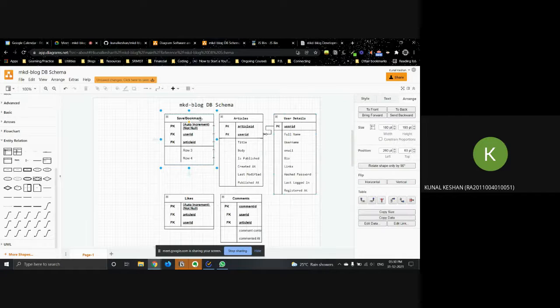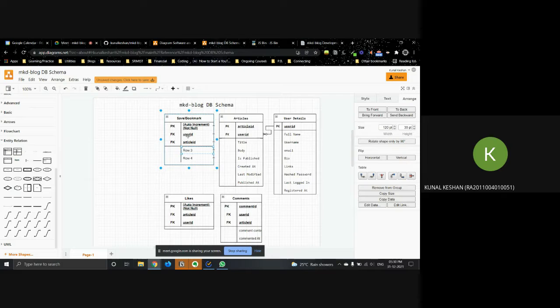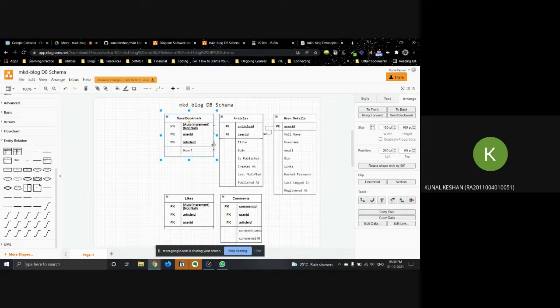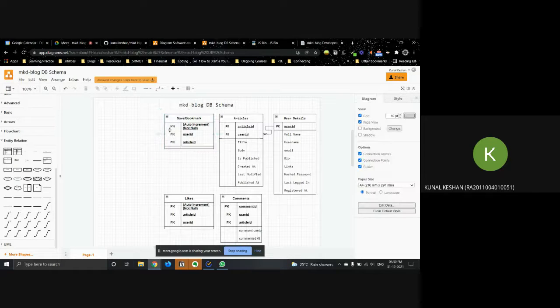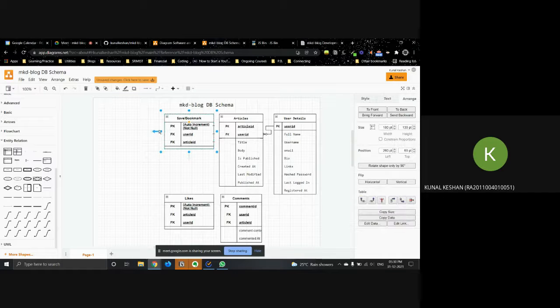Cool. Okay, so in the save part also we don't need anything else, just the two foreign keys, so we can remove the rest. The main idea being that we don't want information to get repeated, right? When it gets repeated, it becomes redundant, and plus it takes up a lot of space as well. So that's why join queries exist. You can keep information separated and join them as and when needed.